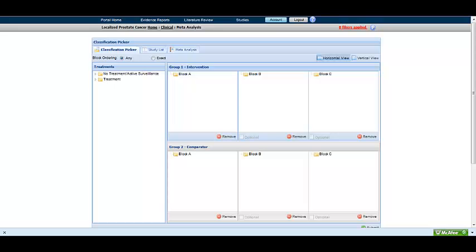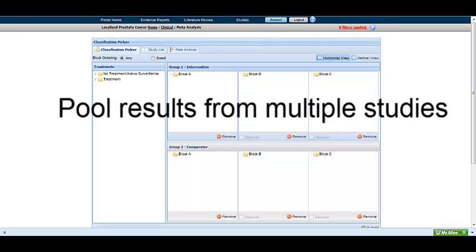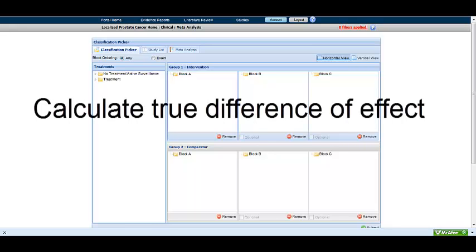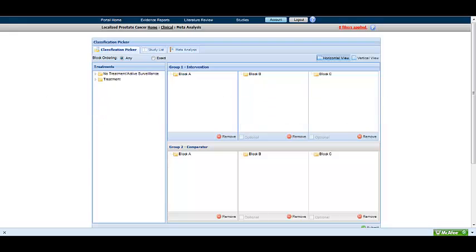The meta-analysis tool can be accessed in the Studies menu. The meta-analysis tool enables you to pull results and data from multiple studies. In other words, you can find out what happened to all the patients at one time by adding up the event. This pooled data enables you to calculate the true difference of effect between 2 treatment groups from a much